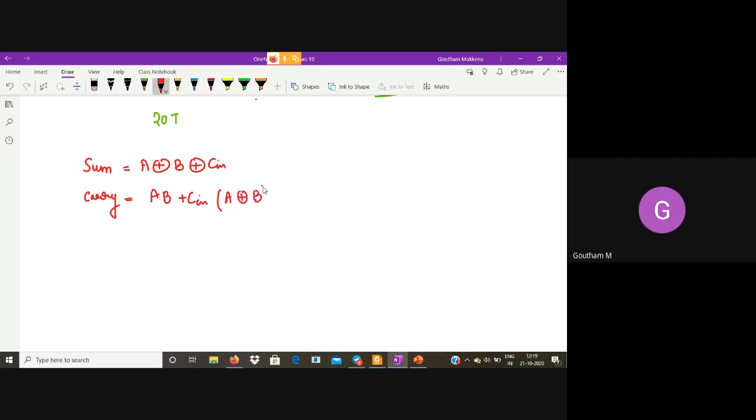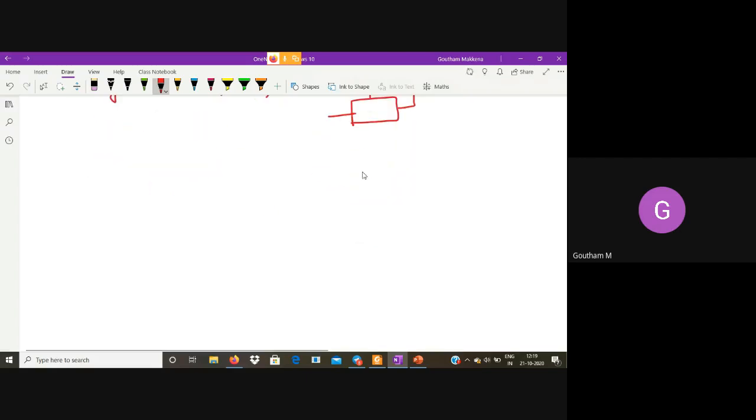Do you remember your transmission gate logic style, or do you want me to explain it in brief? Basically, the structure is like this. There will be one transmission gate here, one transmission gate here, similar to your pass transistor. So this gate is A, this gate should be A complement. The same structure, but instead of the pass transistor over here, we replace it with a transmission gate. That is the only thing.